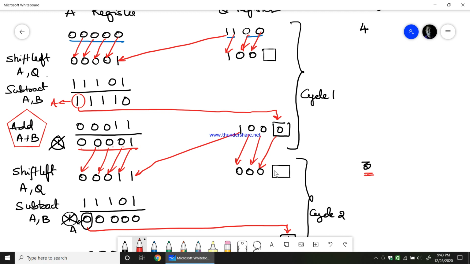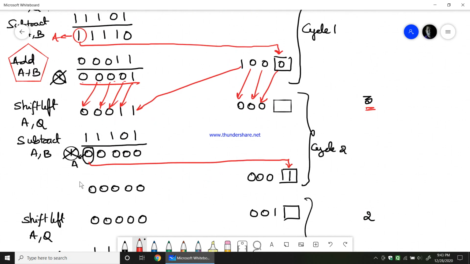And we don't know what Q naught is now. For that, again subtract B from A, which means adding A with 2's complement of B, we see the result where A is now positive because the MSB is 0. Therefore, as MSB is 0, we assign 1 for Q naught. Now after assigning 1 for Q naught, that cycle 2 is over. Therefore, 3 becomes 2. Again, it is not 0.